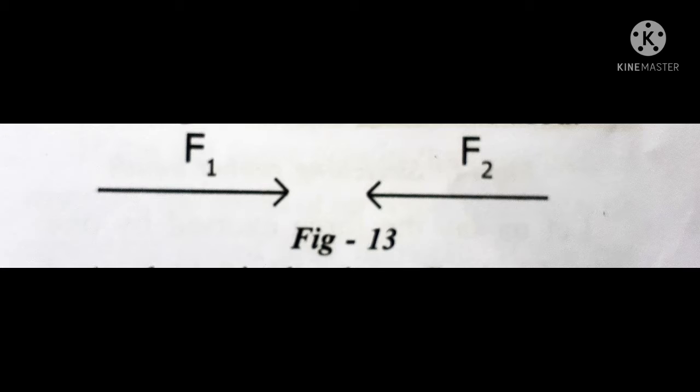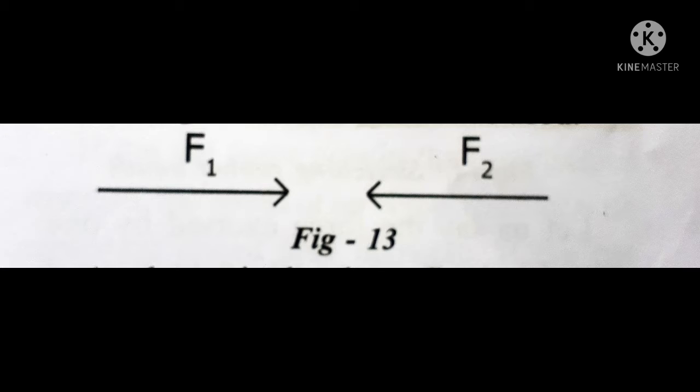All forces have both magnitude and direction. While adding forces, the direction of forces has to be taken into account. When forces act on a body along a straight line and they are in the same direction, the net force is taken as the sum of all forces acting on the body. To add forces, sign convention must be used.